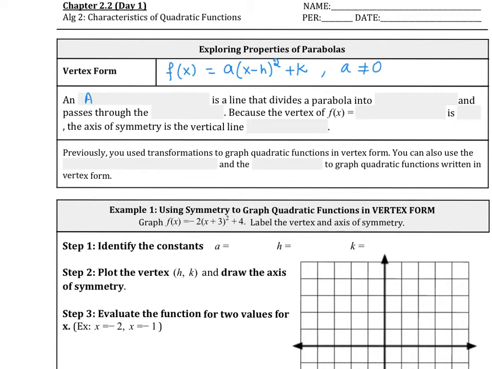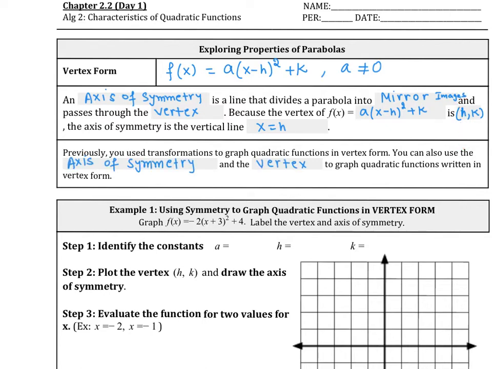An axis of symmetry is a line that divides a parabola into mirror images and passes through the vertex. Again, the vertex is going to be (h, k), because the vertex of f(x) equals a times (x minus h) squared plus k is (h, k). The axis of symmetry is the vertical line. So remember, it's not a point, it's a vertical line which passes through the vertex